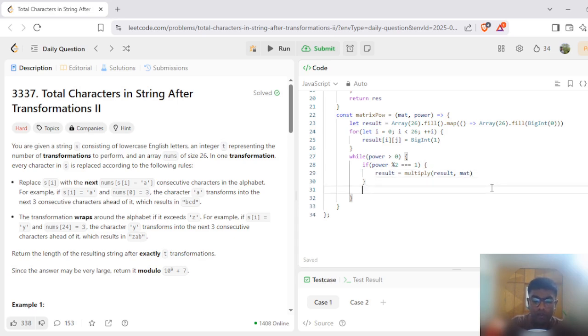And once the power gets even, so we can simply have a